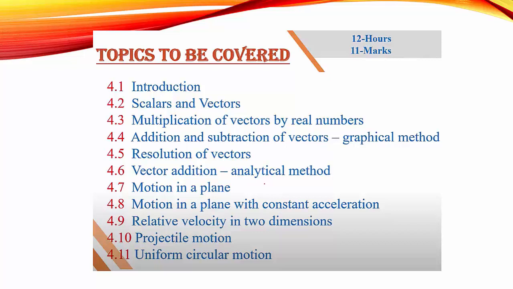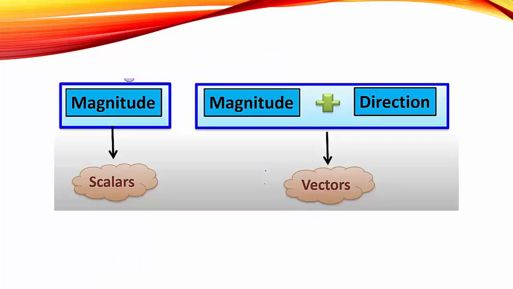If you studied all these 11 points in detail, then it is easy to solve multiple choice questions. I will give you a brief synopsis of this chapter. After that we can go with the multiple choice questions. First we have to know what scalars and vectors are. I am going to discuss the main important points. If you want the detailed theory part, you can observe the previous online theory classes. So you can understand in detail, then you can go with the multiple choice questions. Now I will discuss only the important points that we have studied in this chapter.